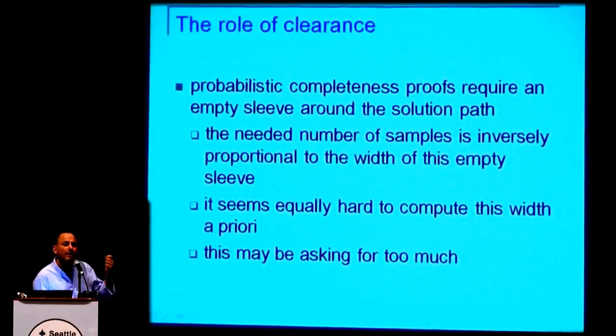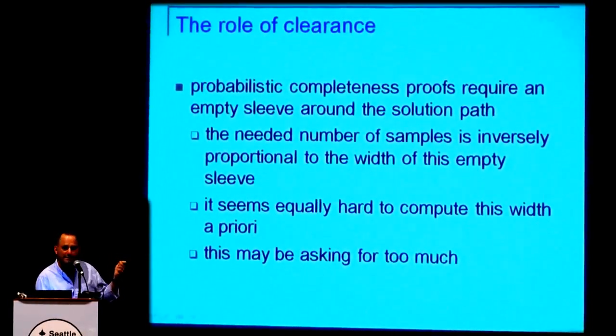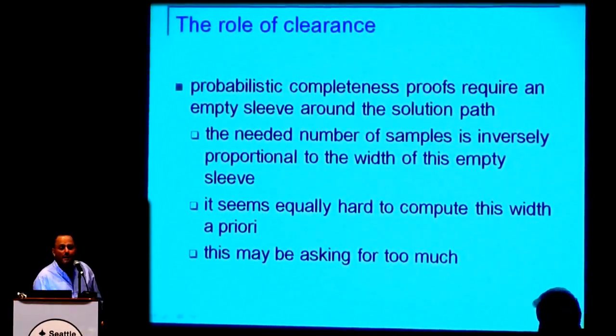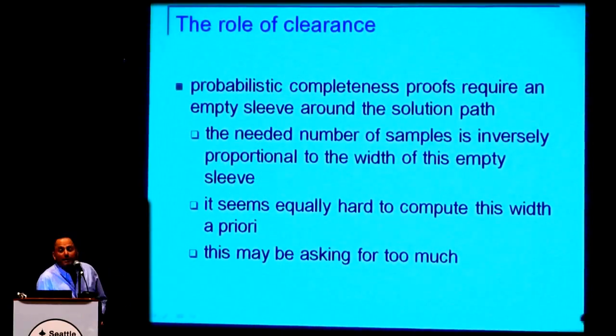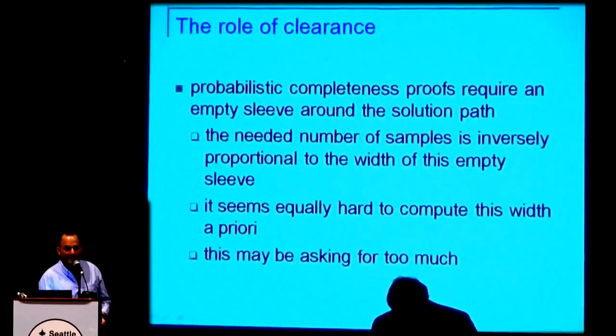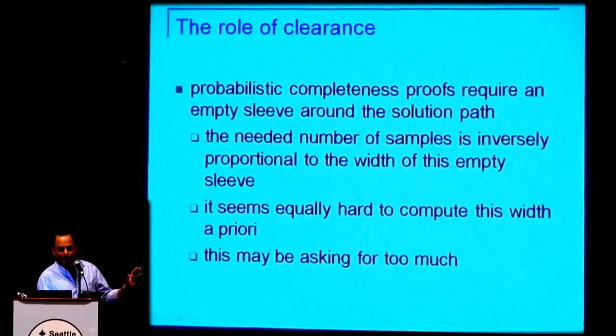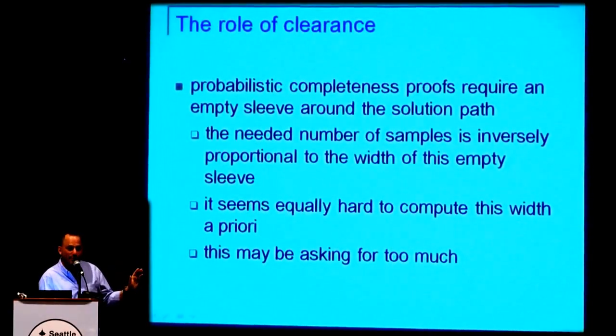But let's try and formalize what it means to be easy or hard. So one place to look at is probabilistic completeness results. These are the results that tell you that your algorithm will find a solution eventually. Eventually may be the end of time. You don't know exactly when, but at least they promise you that you are on the right direction, which is not little.